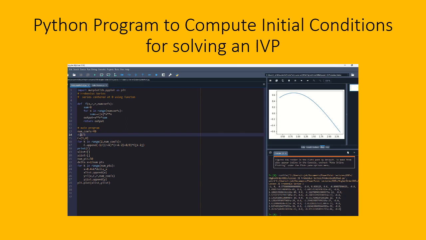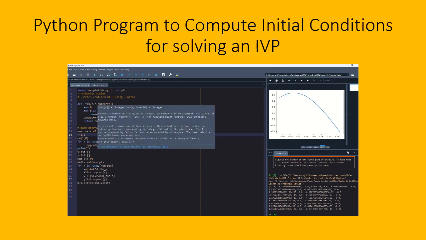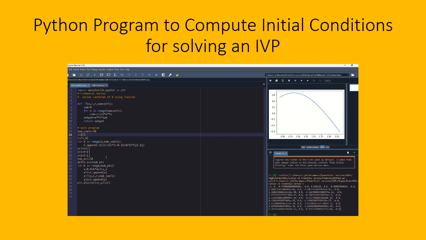And I need some initial values. So I'm going to come back down here. And here's what I'm going to do. This function f up here is still in the memory and we can still execute it, but we're in the version down here where it was called, and so I'm going to copy f of x, c, r, num coefficients, Control C. I'm going to come over here, do a Control V,